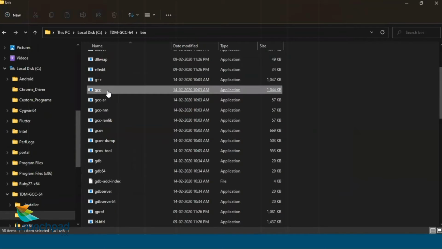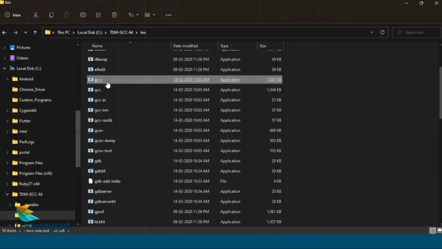So this is the compiler which we are using now. And next to it, you can see a file called G++, which is basically a C++ compiler. So the compilers are present in this area. So I click on this folder path, C:/TDM GCC/64 bin, copy this,